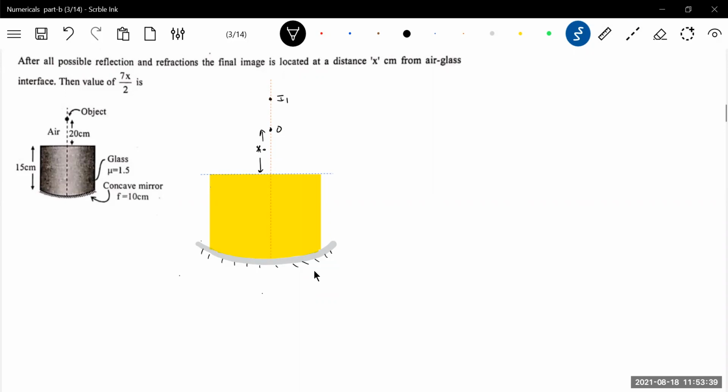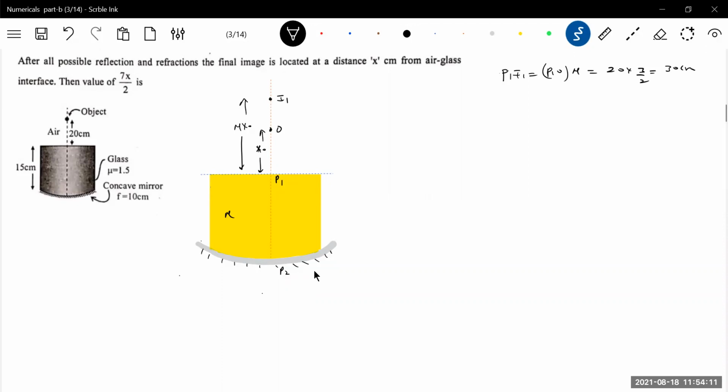Okay, this will be the I1, mu times of x naught it will appear. Okay, we'll take this interface P1, this is P2. We'll do all the calculations first. So P1 I1 should be equal to P1 O in terms of mu. P1 O is 20, mu is 1.5, that is 3 by 2, so 30 centimeter.